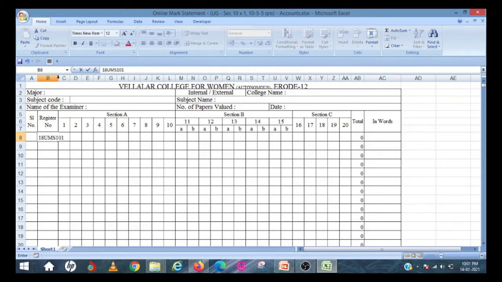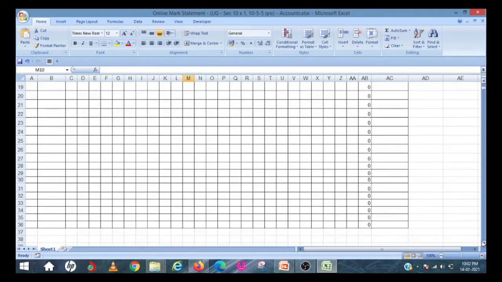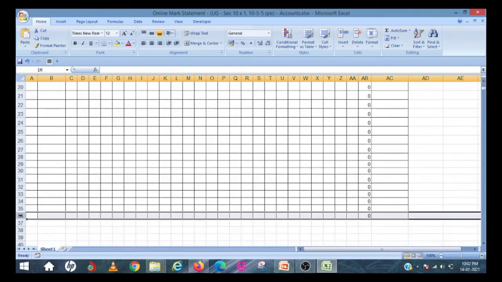So what you can do is you can go here, give a double click. Then automatically that particular column will be aligned. So suppose I give some mark here. You can see that automatically the marks are summed up and it is given here. And then you can see that it is only given up to this 36,